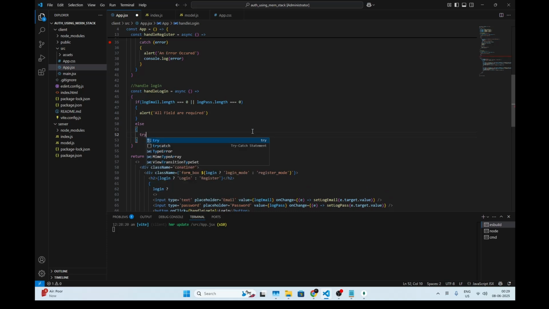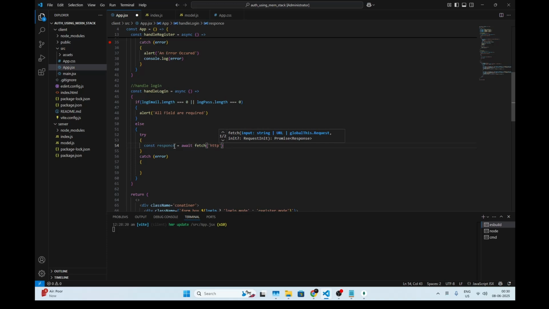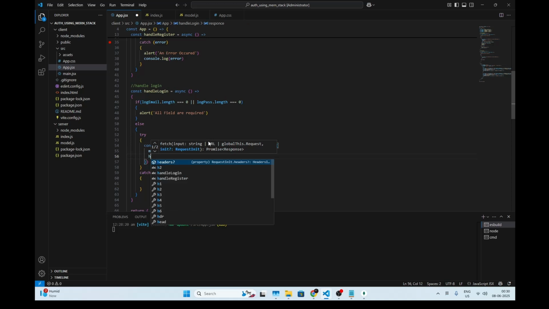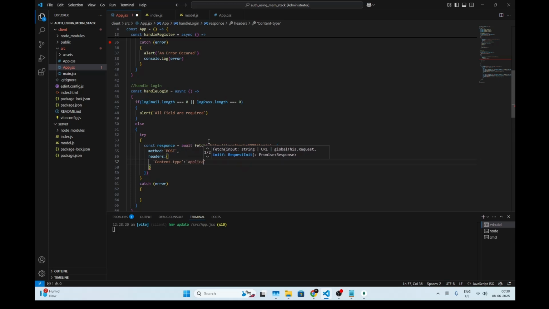Otherwise, else, we are going to use a try catch statement here. In try, we are going to use const response equals await fetch http://localhost, port number 8000, and we are going to use the login path here, and method of post, we are going to use the post method here, and headers of content type application/JSON,